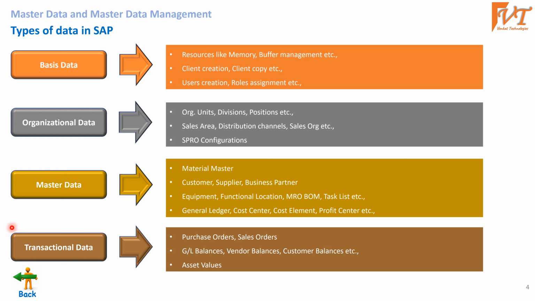Without basis data, we cannot proceed with any other types of data. The only restriction here, I cannot say limitation, is the functionality. Only the functionality restricts the use of transactional data in the MDG system. So I can say MDG doesn't manipulate or control the quality of transactional data. It controls the quality of only the master data. It won't control the quality of organizational data. MDG won't control the quality of basis data. MDG controls only the quality of the master data. That's it. Simple.